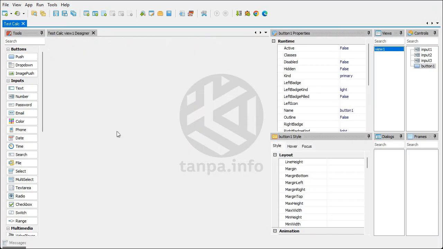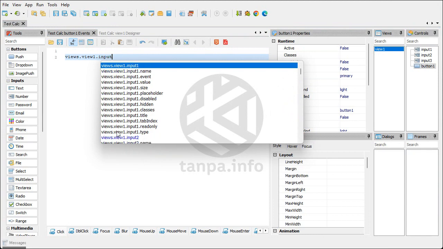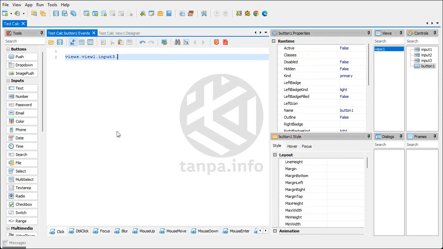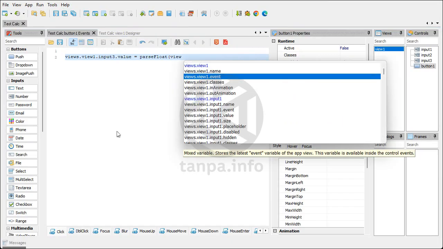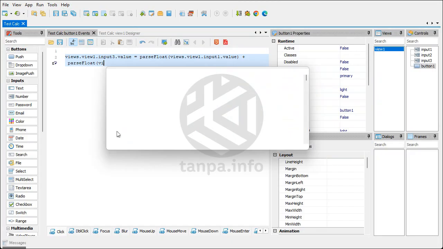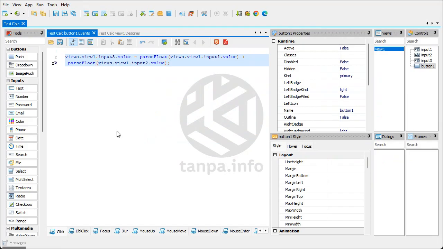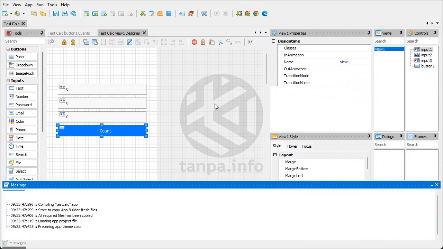Double-click button count to open click event. Then, put code to event editor. After that, build and run.